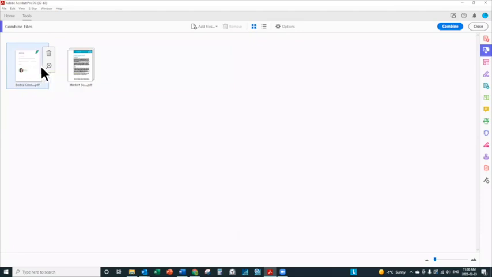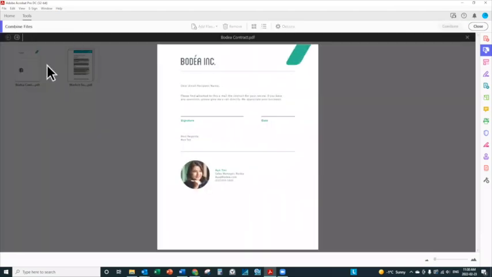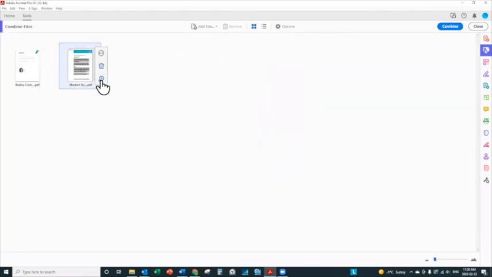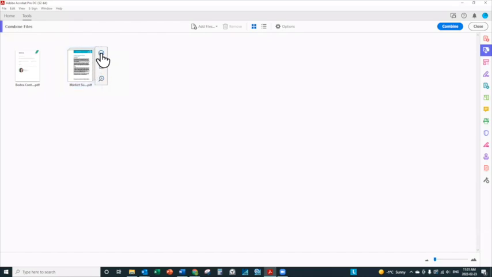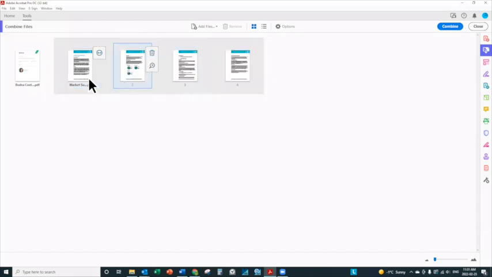And when I hover on it, I can click the little plus sign here, and that lets me zoom in to see that document. If I click back on this thumbnail and click, see this little arrow at the top, if I click on that, it expands to show me the other 4 pages. So I can see now what I've essentially done is I've combined 2 PDFs into one. And by expanding it, if I needed to delete a page, it gives me the same ability that I showed you earlier when we were looking at organized pages. But now as a result of choosing the combine, if I now click this combine option over here on the right,